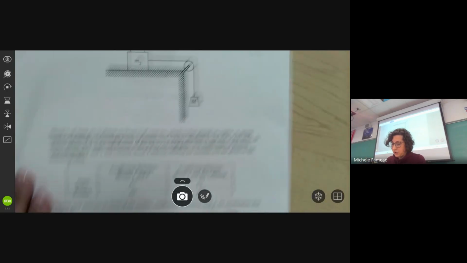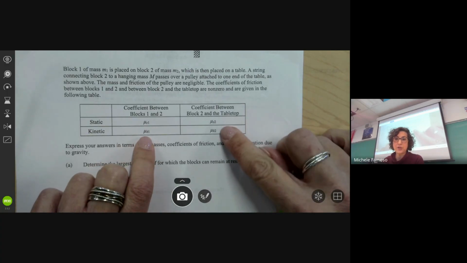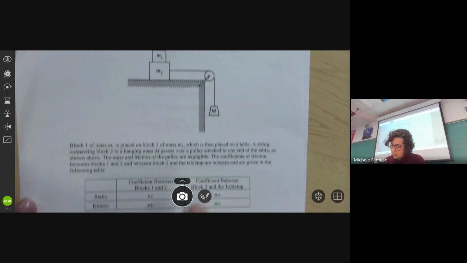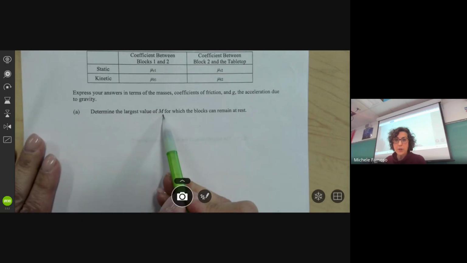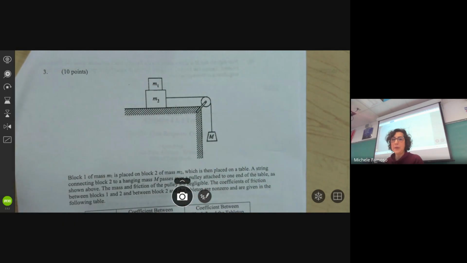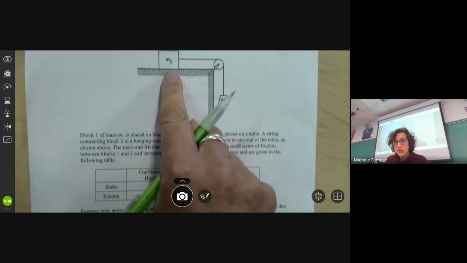Question 3 gives you all of these variables in the question. We have mu S1, mu K1, mu S2, mu K2. The masses are M1, M2, and capital M. And let's just go through it now. So part A, find the largest value of capital M for which the blocks remain at rest. This whole system is static, which means that masses 1 and 2 together are stuck together with a tension force pulling them this way,